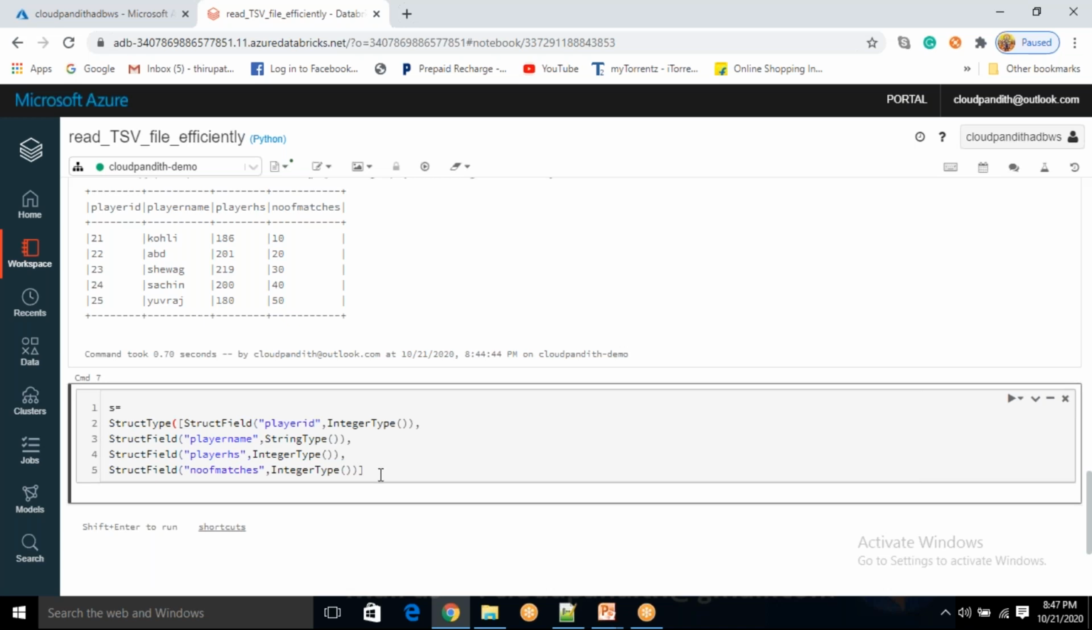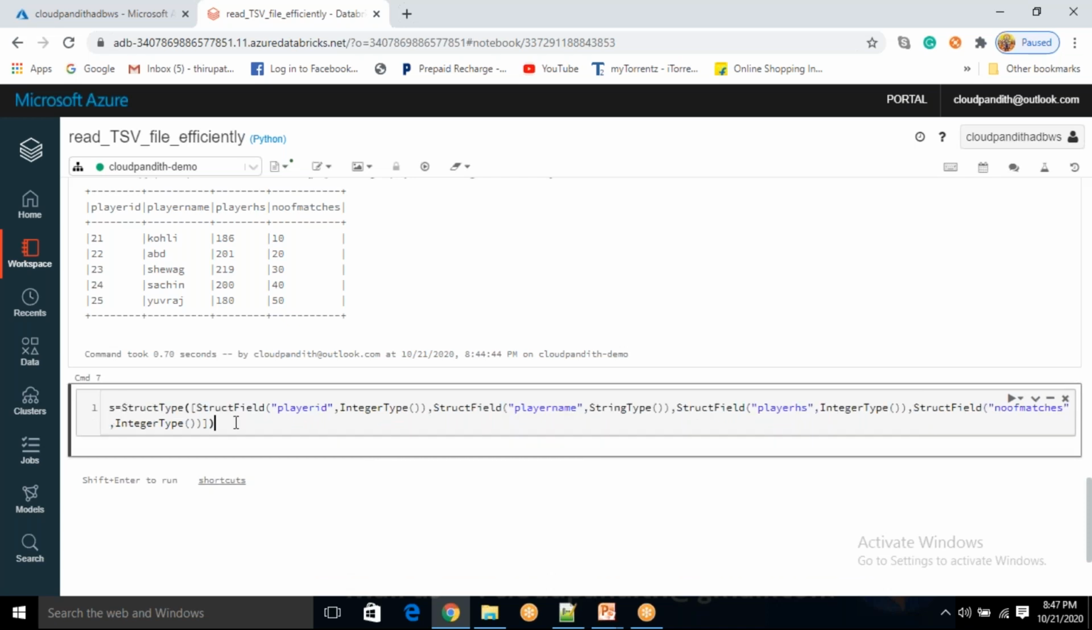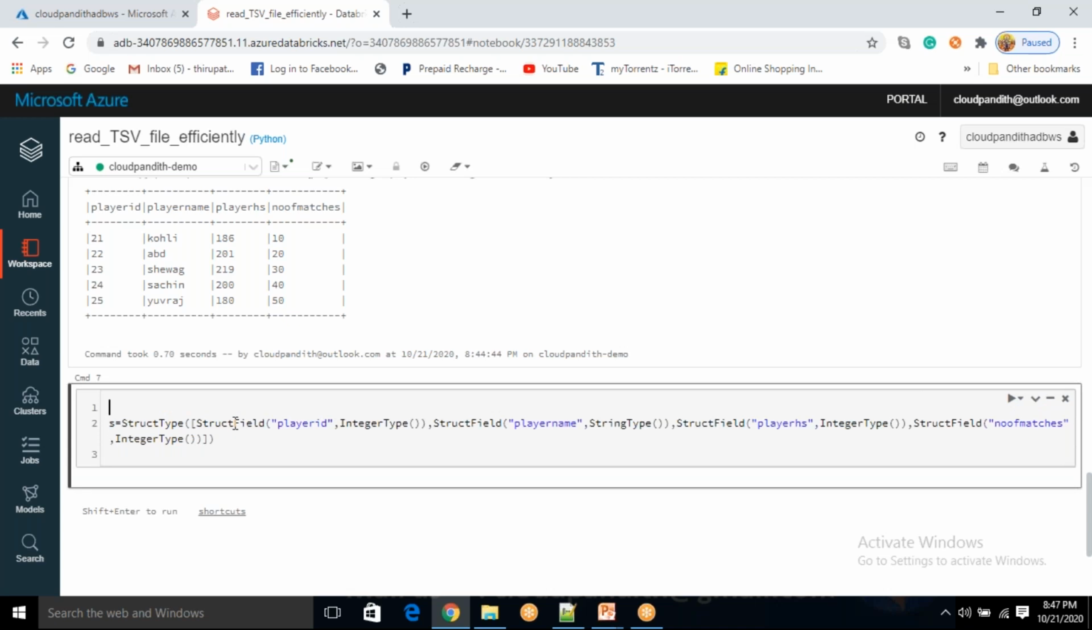Okay, so when you are passing some value to a function, you just have to put these values inside parentheses. Let me put all these things in a single line. So this is how you need to create your schema. Now the schema is ready, but yesterday we already learned, right? We need to import these types from